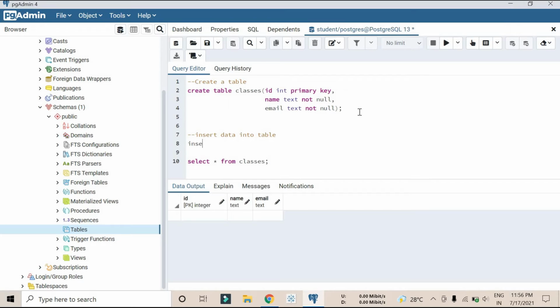Insert, how? Insert into, in which you have to insert. So I have to insert into the classes table, CLASSES. We have a table named classes, and I want to insert data into this, and what type of data I want to give. So I will just write values.